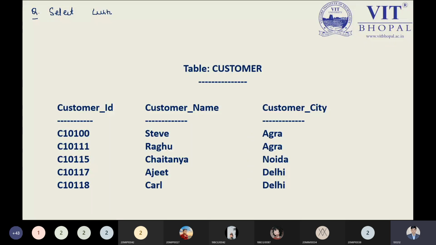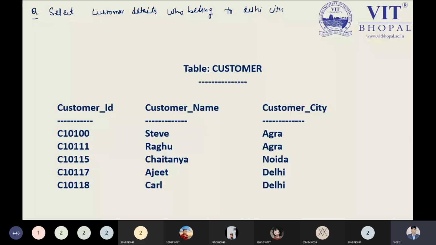Select customer details who belong to Delhi city.